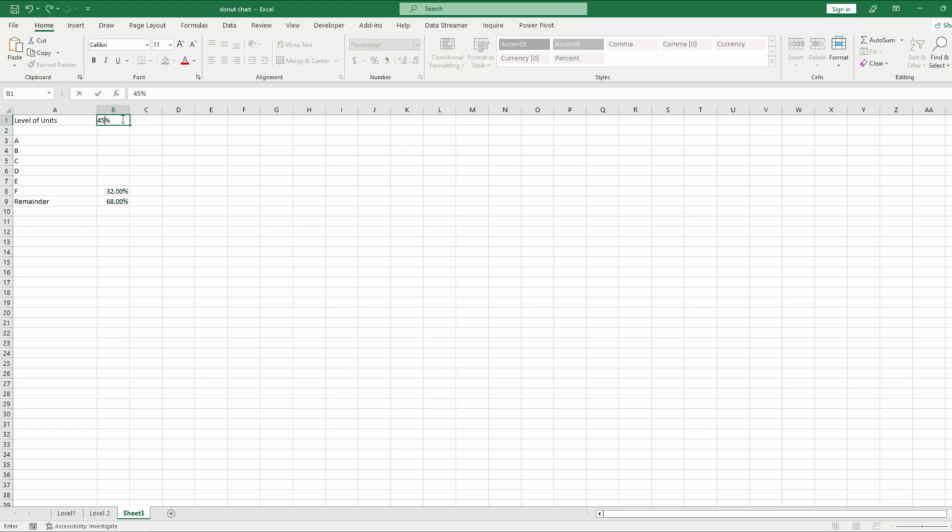Assuming it is 45%, it will be displayed at the next level. Assuming it is 65%, assuming this is 72%, assuming it is 78%, assuming this is 82, assuming this is 89,